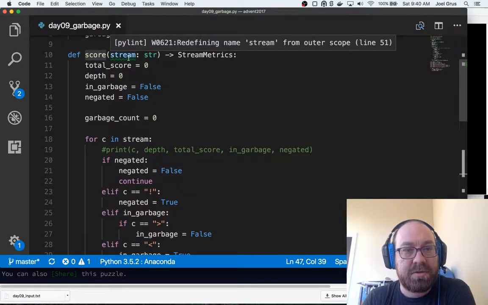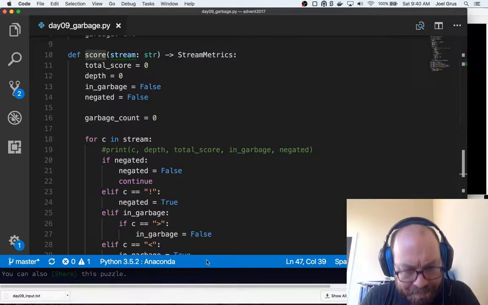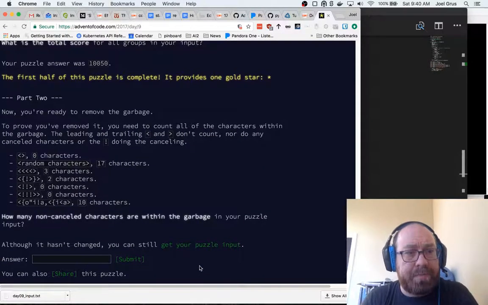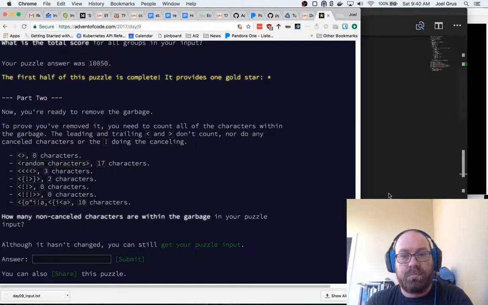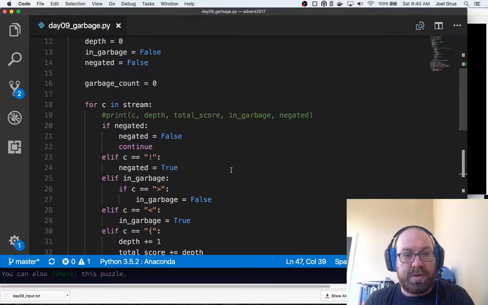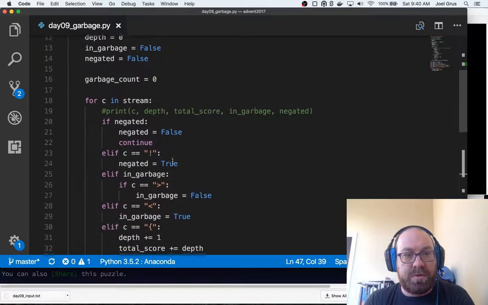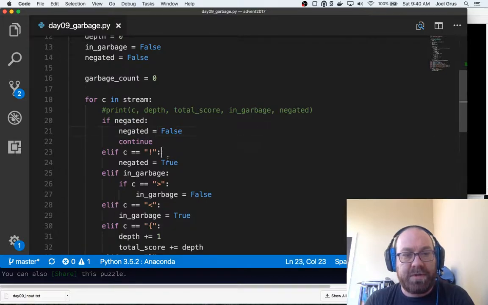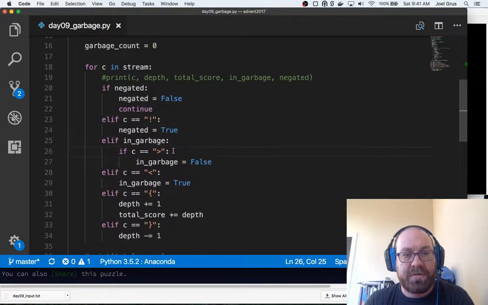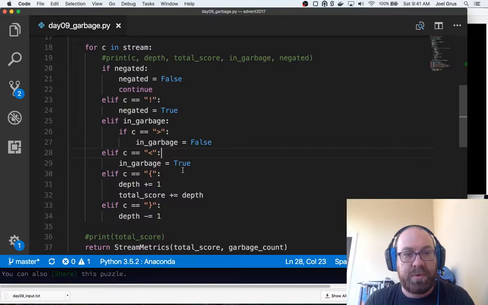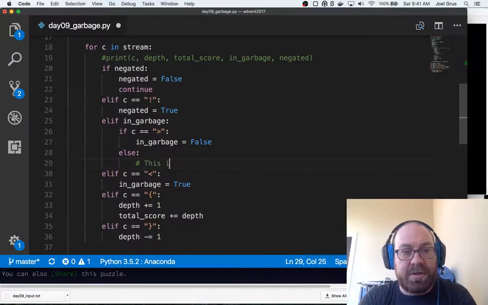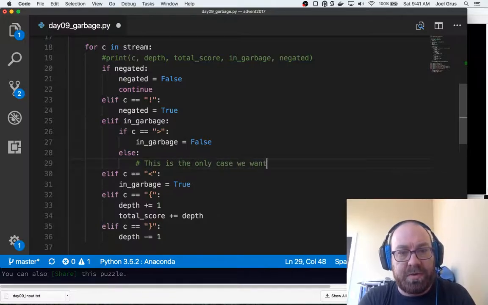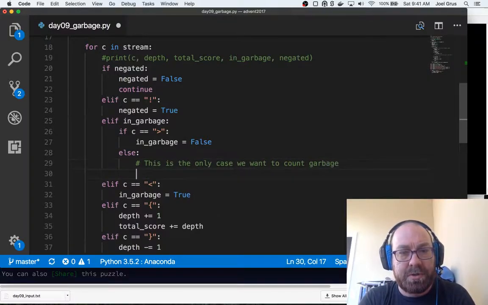Why does it not like this? Redefining. All right, that's fine. Okay. You need to count all the characters within the garbage. The leading and trailing things don't count. So if negated, we won't count. If it's this, we won't count. If we're in the garbage and it's closing, we won't count. If it's this, we won't count. So I think this is the only case we want to count garbage.